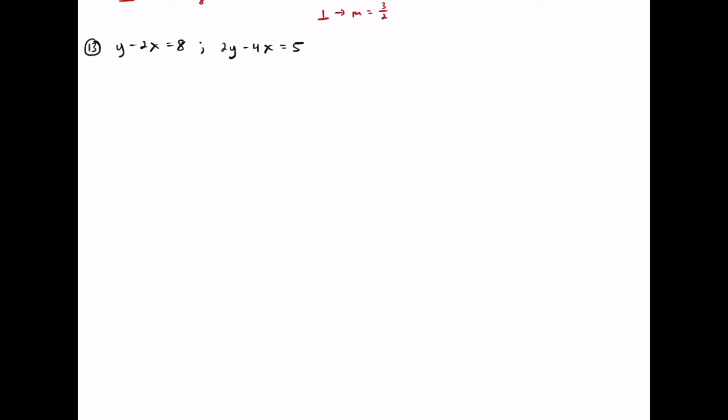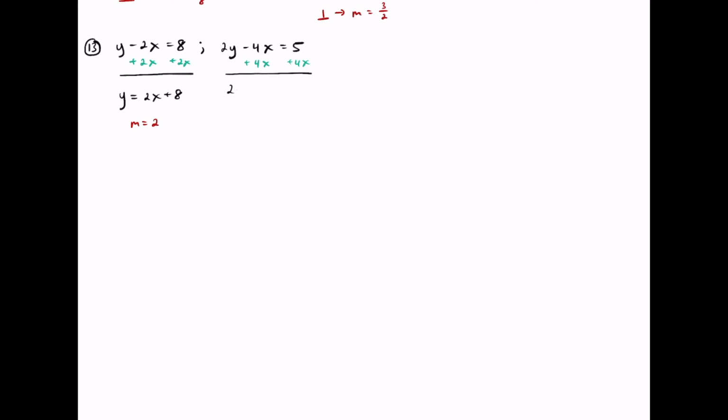Okay, so let's go ahead and see if we can identify their slopes. That's always going to be what you want to do to identify that. So if we add 2x on both sides, we're going to get y is equal to 2x plus 8. So looking on the left side here, we know that m, or the slope, is equal to 2. And for the one on the right, let's go ahead and add 4x to both sides here. If we do so, we're going to get 2y is equal to 4x